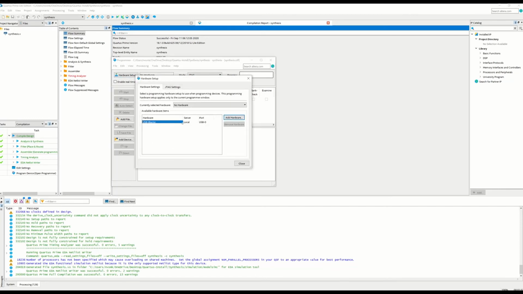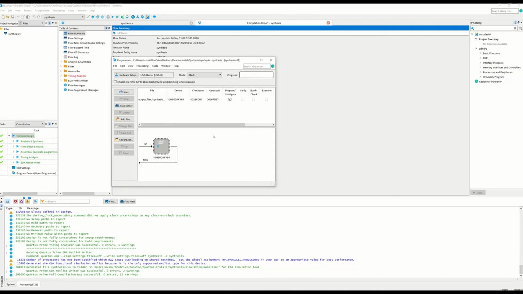You should see something called USB Blaster here, and for currently selected hardware, make sure it is USB Blaster USB 0. You need not hit anything else. It should be present because of your installation, and once that is there, you can just close it.